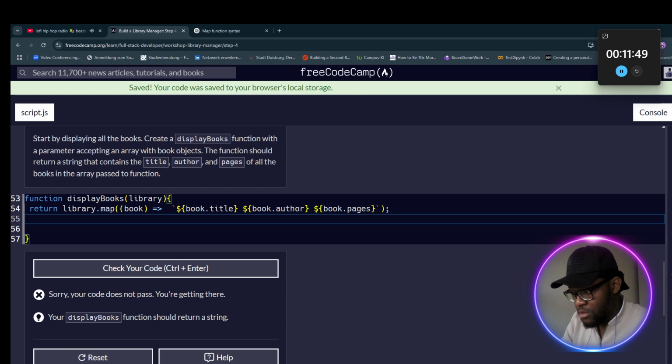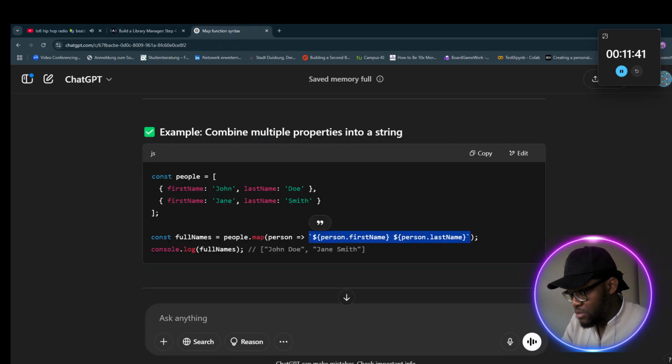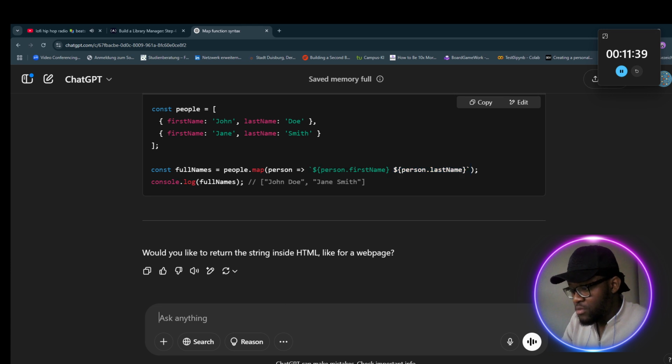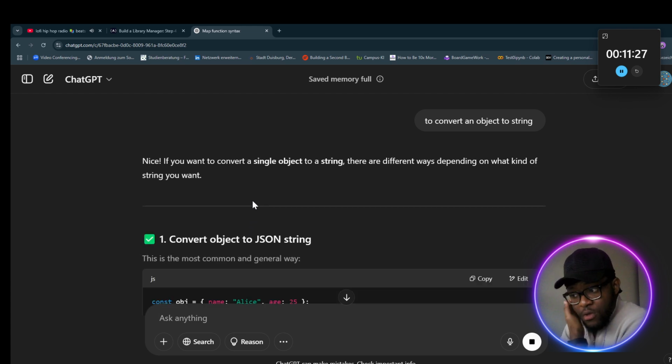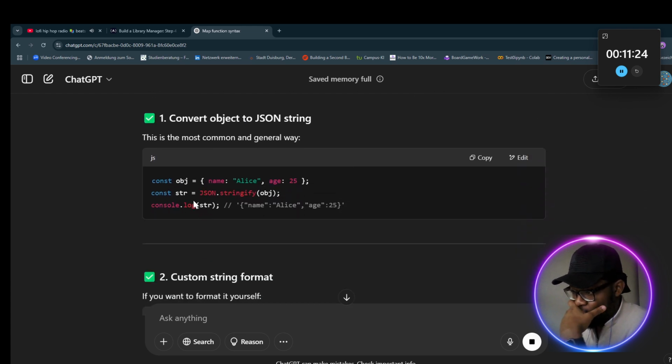Okay. These guys are not strings. So to convert an object to a string, I think we shall use, yeah, that's it. This is what was lacking. So